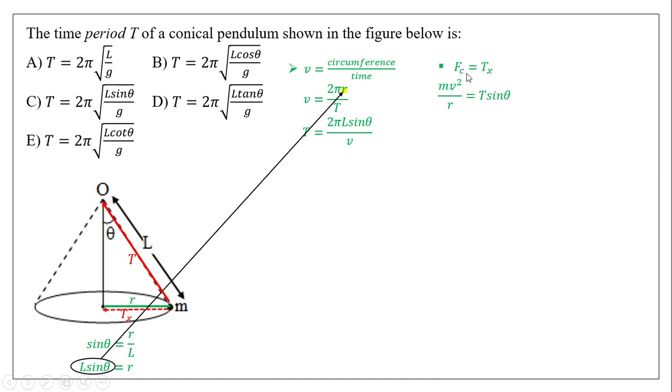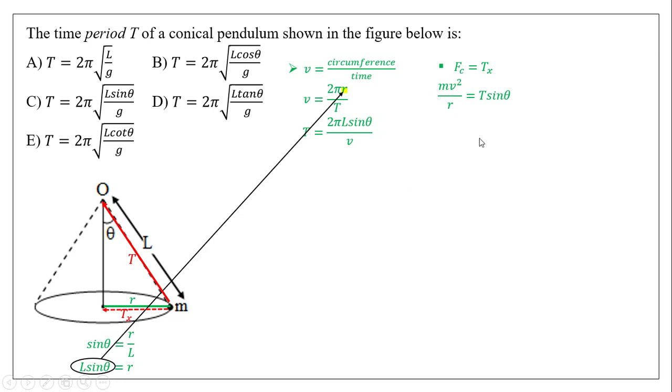But here, I'm just going to go ahead and use Tx, because centripetal force is the force that's pointing towards the center of the circle. In this case, it's Tx. F of c can be broken down to mv squared over r. Tx is T sine theta. It's sine because Tx here, similar to r, is the opposite leg. And opposite in this case would be sine of theta, because the angle, once again, is given touching the vertical